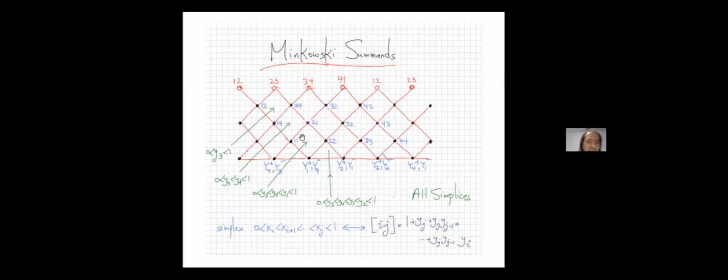And so all we need to know is what those Minkowski summands look like. And they're the following beautiful and very simple structure. They're just simplices. If I start from the one that's furthest up along this chain, and turn on just this constant and put everyone else at 0, the dn hat polytope degenerates to this simplex, the interval. If I turn on the next one, it's a triangle, y3 less than y4 less than 1. This one is y3 less than y4 less than y1 less than 1. And finally, that little triangle at the end is y3 less than y4 less than y1 less than y2 less than 1. So they're just the cyclic intervals.